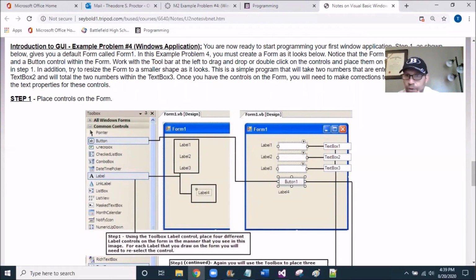1, drag and drop the controls. 2, change the properties of those controls. And 3, writing the code of the program. Okay, so if you now look over here, you should be able to identify that I have kind of 3